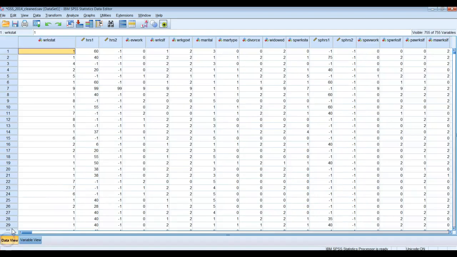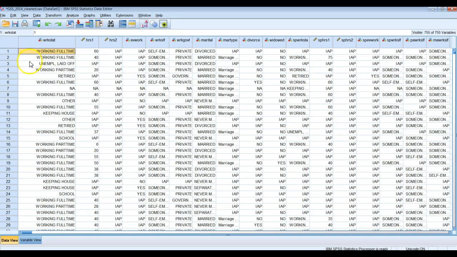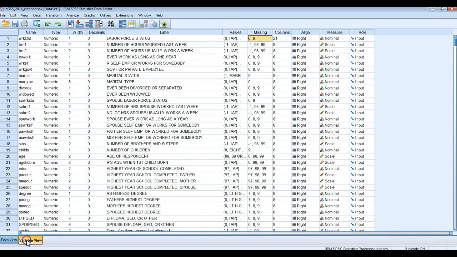So by the way, under data view, it sometimes is helpful to look at what the codes are. So these are the codes for work status, 1s, 2s, etc. If you go to view value labels, you can see what those codes are. And sometimes it's nice to do that. All right, so